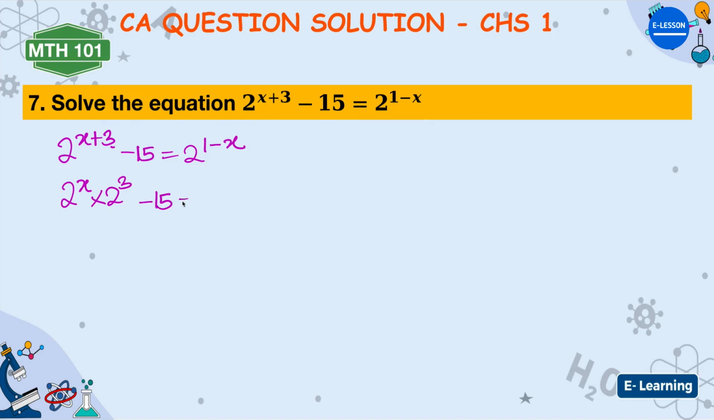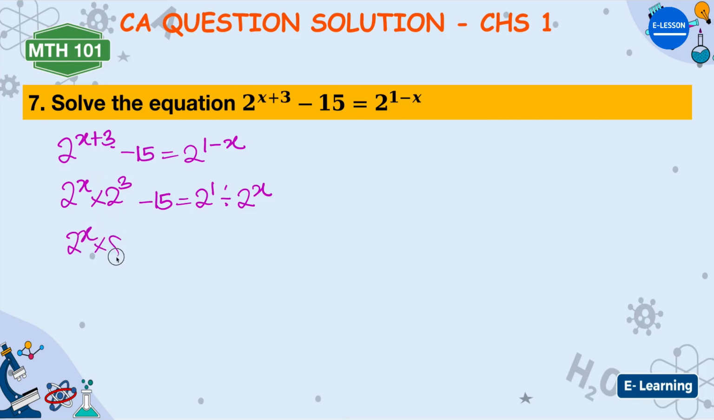Minus 15 is equal to 2 raised to the power of 1 divided by 2 raised to the power of x. This can also be written this way because according to indices, if you collect the bases, add the powers, it's going to give us this one back. How? Collect 2. x plus 3 will give us what we have here. This one, collect 2. 1 minus, since division is here, 1 minus x will give us what we have here. So these two are the same thing. All right? Exactly. So we have 2 raised to the power of x,